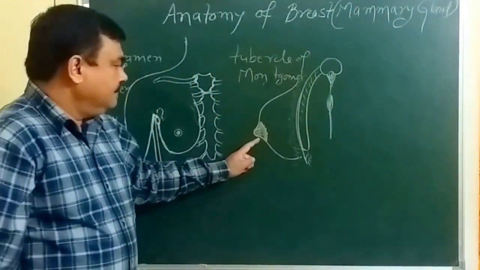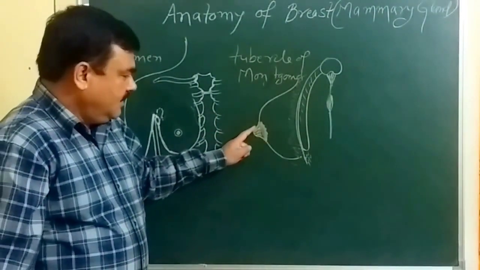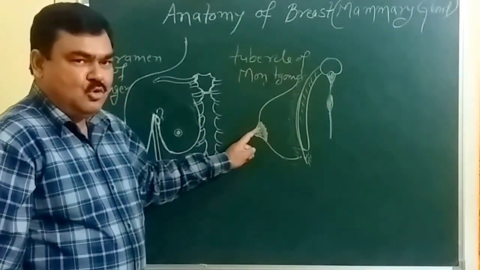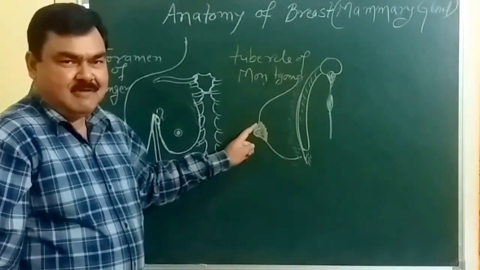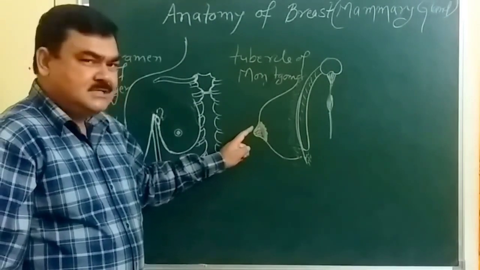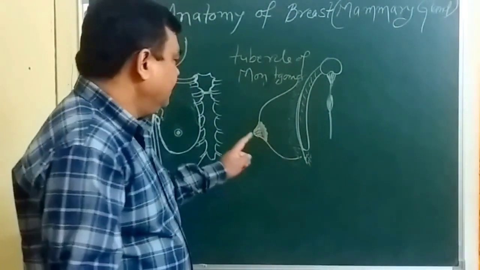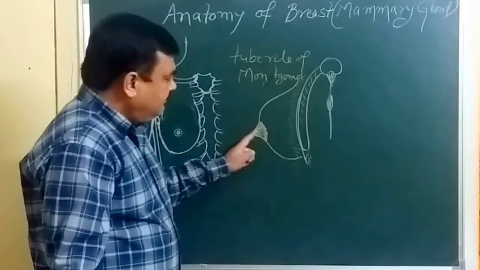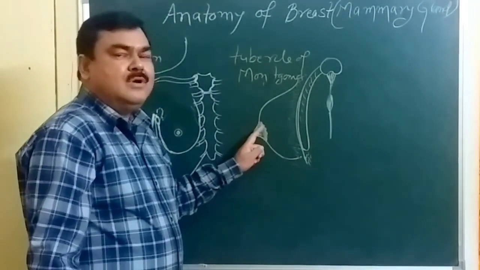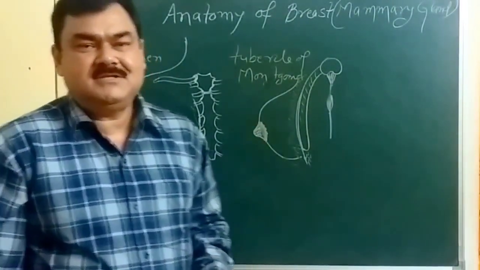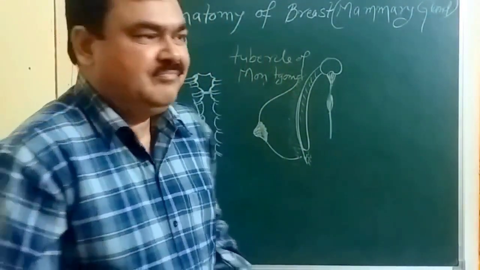After this, we will discuss the deeper structure. In the nipple and areola, there is no fat. There is no hair follicle. Here are numerous nerve endings of the sensory nerve. So after the skin, now we will discuss the deeper structure, that is the parenchyma or glandular tissue.